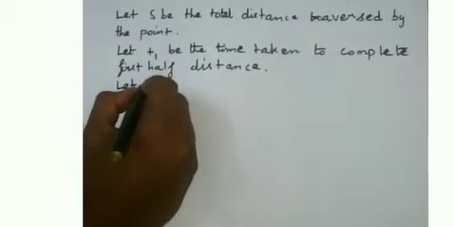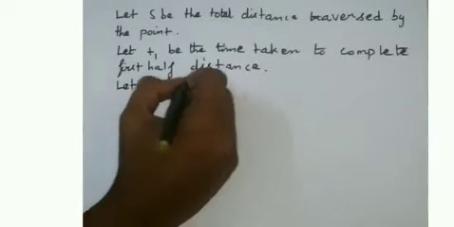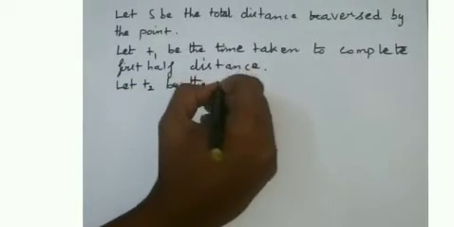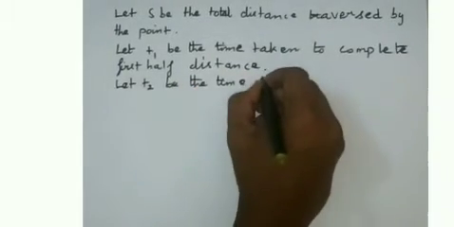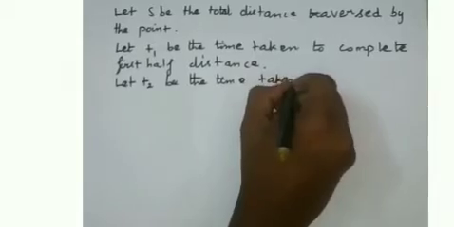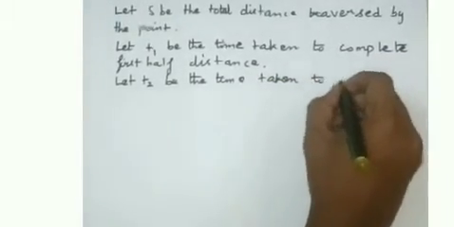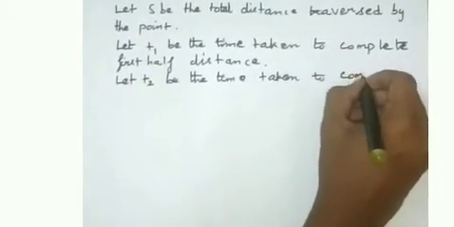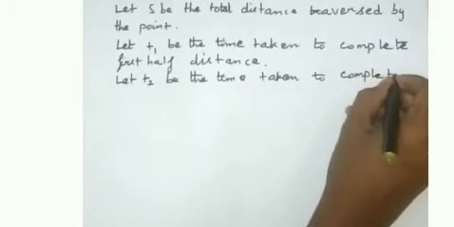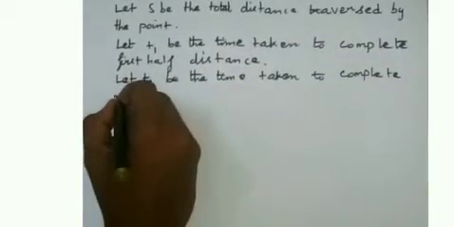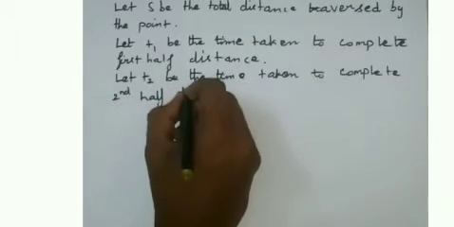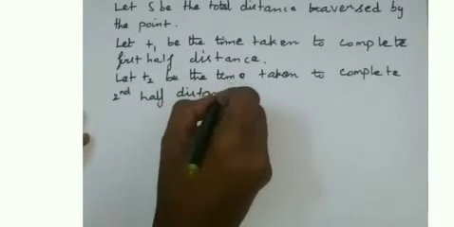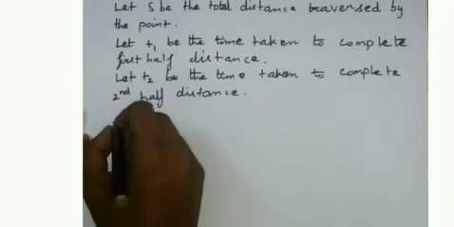Let T2 be the time taken to complete the second half distance. So in this question, we are required to find the average velocity, which is given by the